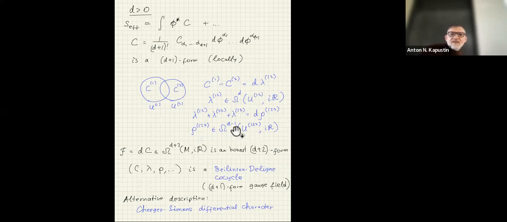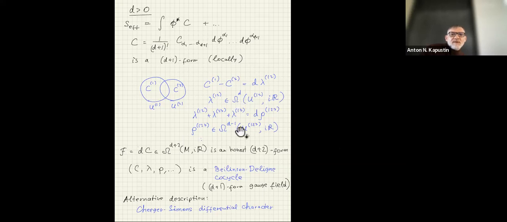And actually the functions must also satisfy some compatibility condition on quadruple overlaps. So this sort of thing seems more complicated, but the net result anyways is that the thing which is well defined is a D plus two form, which is the D of the C. Because I go from chart to chart, it's still well defined, but it's important to keep in mind that actually